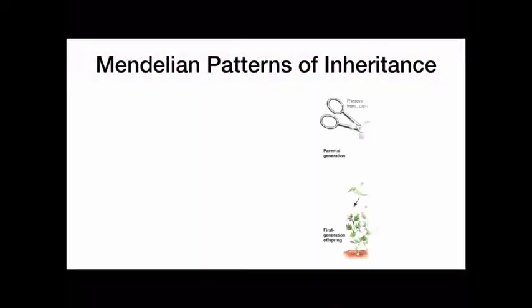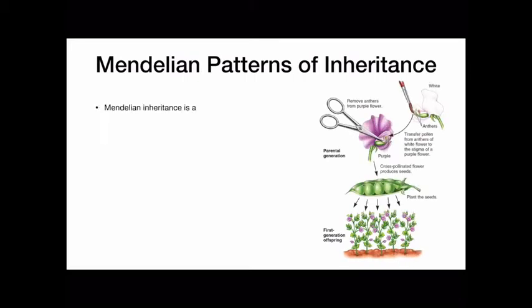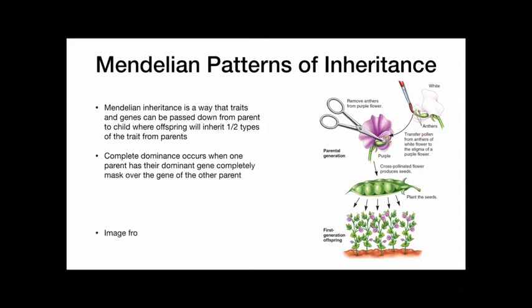Mendelian patterns of inheritance. This photo shows the pea plant, which is one of Gregor Mendel's first big discoveries. You may be asking, what is Mendelian inheritance? Well, it is a way that traits and genes can be passed down from parent to child, where their offspring will inherit half of the types of the traits from the parents. This means that some of the traits and alleles will come from the mom, and some will come from the